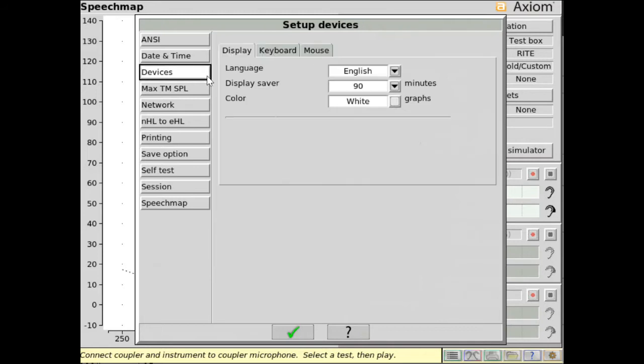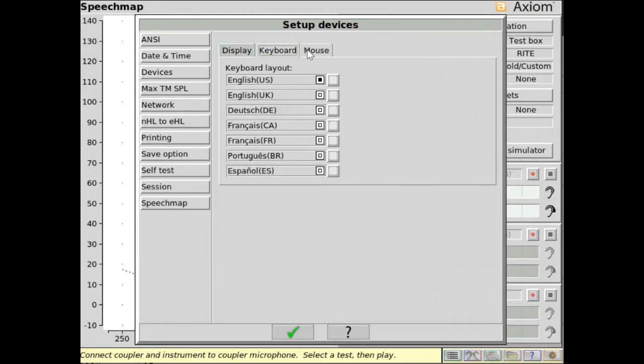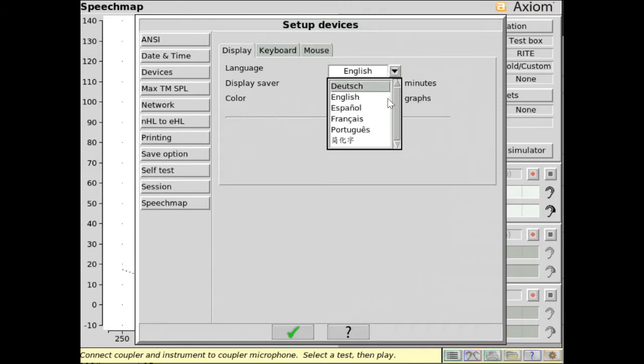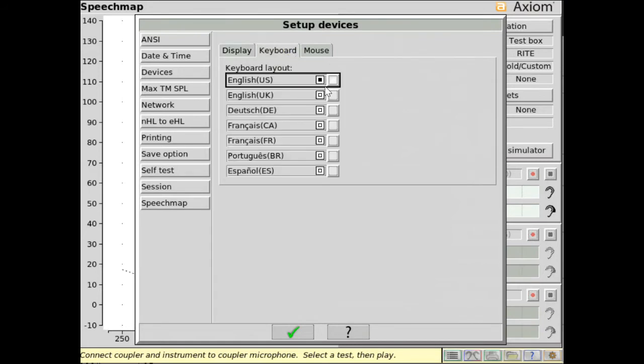Under Devices, there are 3 tabs: Display, Keyboard, and Mouse. The Display tab has a language dropdown. This allows the operating system language on the Axiom to be changed. The display sleep time can be set as desired, and Axiom graphs can be set to display in white or in black. The Keyboard tab allows you to select the language for your keyboard layout, while the Mouse tab allows